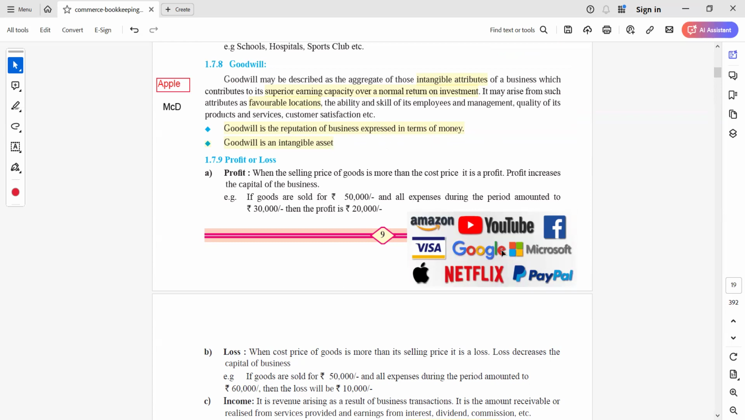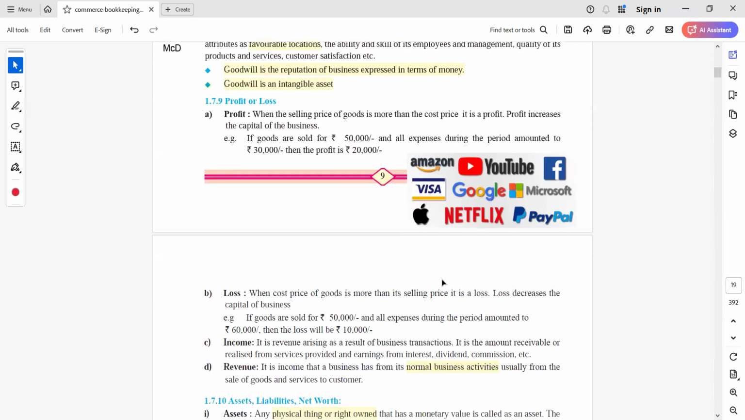नाउ गुडविल के केस के लिए मैंने ये एग्जांपल आपके डाले, अमेजॉन, यूट्यूब, फेसबुक, वीजा जो क्रेडिट कार्ड डेबिट कार्ड रहते हैं, गूगल, माइक्रोसॉफ्ट, नेटफ्लिक्स, एप्पल, राइट। दीज आर ऑल गुडविल ब्रांड वैल्यूज क्रिएट, और कुछ इनके वैल्यूएशन बिलियंस में है।